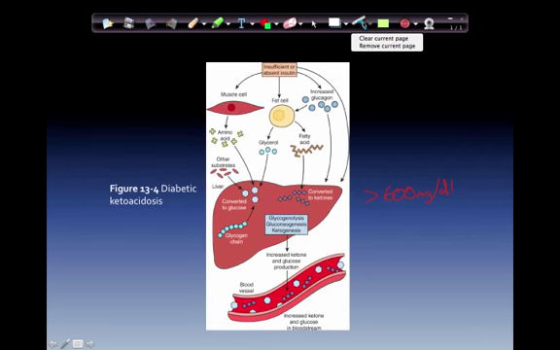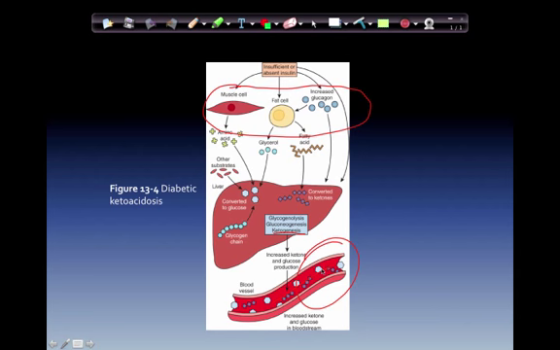And this is DKA. Insufficient or absent insulin, so the body is essentially going to break down anything it needs for energy, amino acids, glycerols, fatty acids, and convert it into energy. Now, the byproduct of the fat metabolism is going to be ketones. The higher amount of ketones that we have in the blood supply, the higher the acidity levels in the body, or the lower the pH. So in the overall scheme of things, the more ketones that we produce, the more acidic we become.